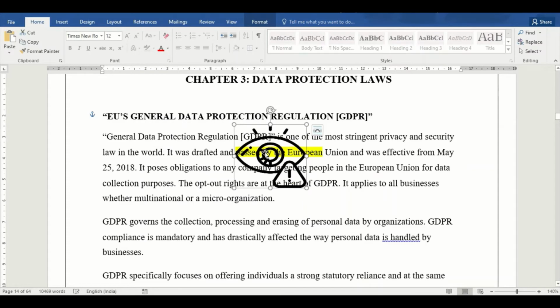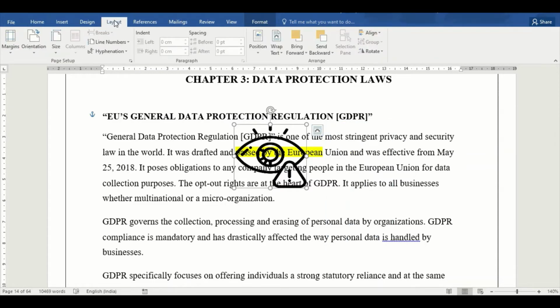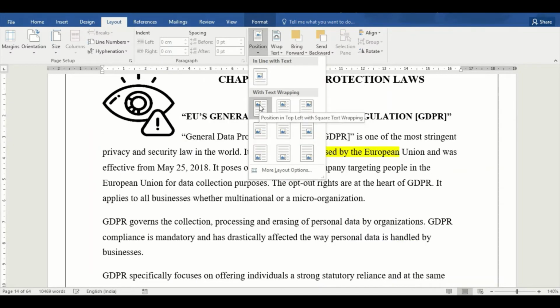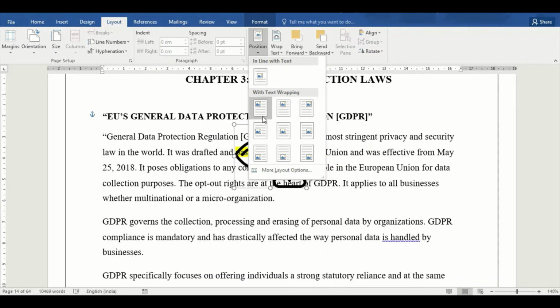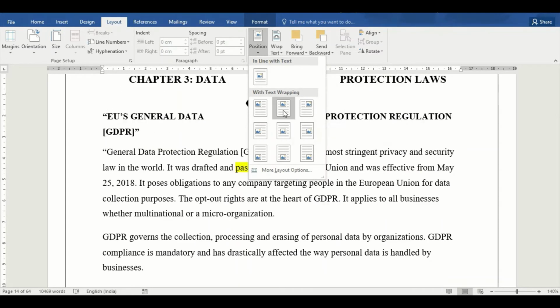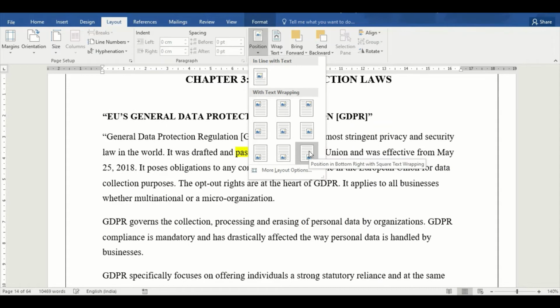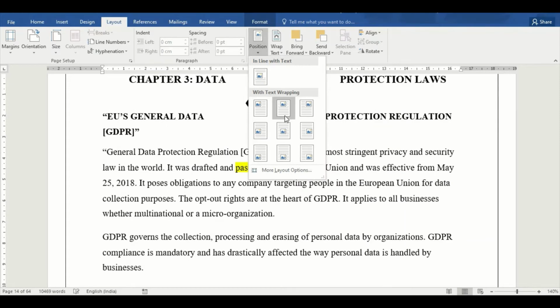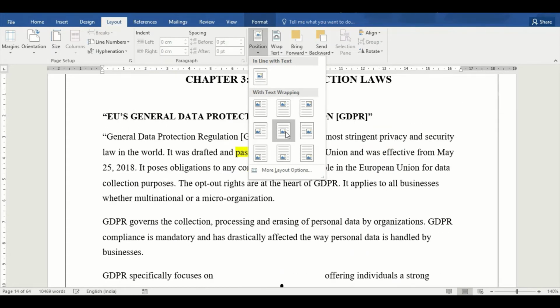And another way you can get these layout options, if you don't have this box available here or you don't find it preferable to use this as a tool to operate, you can simply go to the layout tab here, and in the layout tab you have the position option where, again, there are a few pre-decided positions, such as the top left or the bottom right corner, or all these default image options where people usually do place the images in their documents.